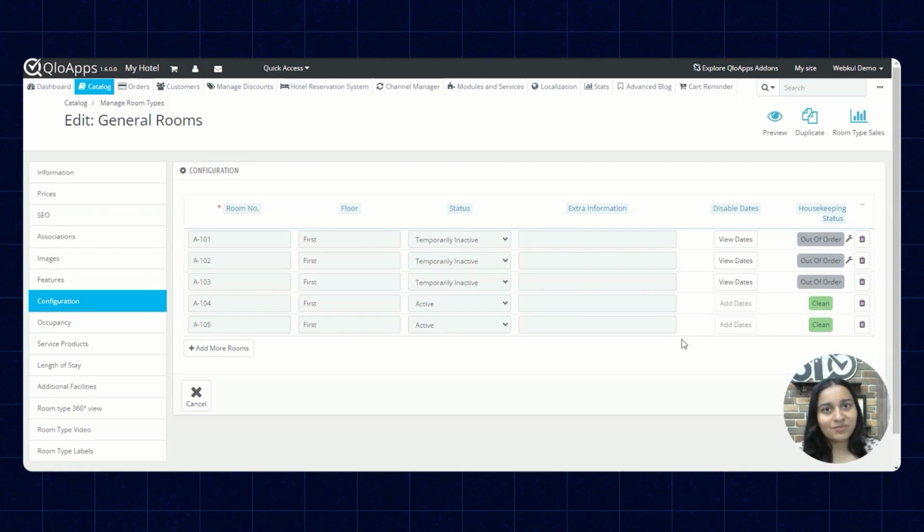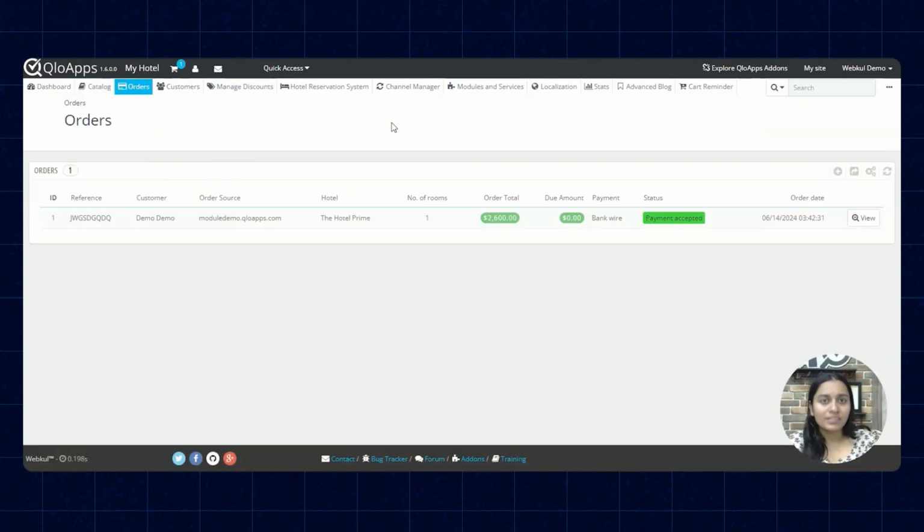To manage the housekeeping status of the rooms which have been booked by a guest, you can go in the orders section, and at the time when you select a particular order and you try to reallocate or swap rooms in the order, you will be able to see the current housekeeping status of all those rooms as well. It will help you better manage your housekeeping task and make you aware of the housekeeping status of the rooms which have been booked by your guest. So let me show you how it is displayed to you.